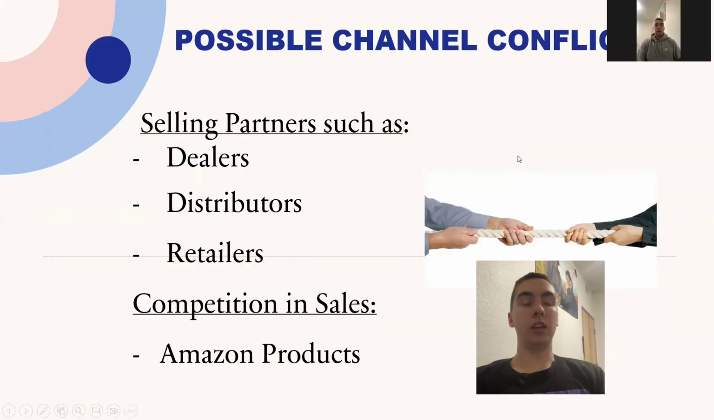Possible sales channel conflicts with Amazon. The main ones are the sellers, the dealers, distributors, and retailers. But Amazon does not have to worry about a lot of channel conflicts, as they are one of the top businesses with a 72% business-to-business product rate, which is about 30% higher than the second, which is Alibaba. The only other thing they have to worry about is the competition in sales, such as the Kindle and other